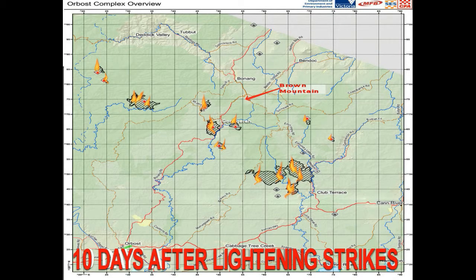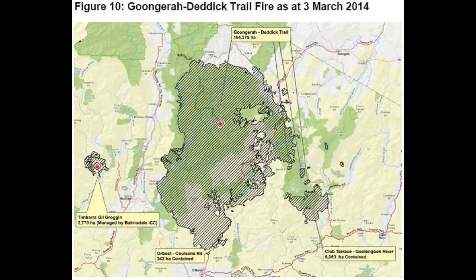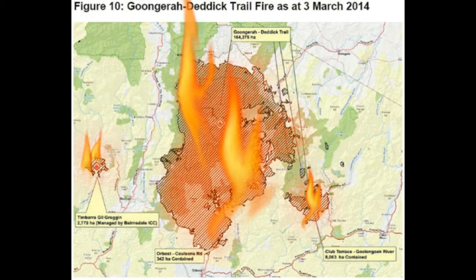We had the big one up at Dedic. They didn't jump on that. That was one they could have jumped on immediately. That's the one that got out of control, and they were sort of waiting for it to come out, which in the meantime it got bigger and bigger until February the 9th, when it was so big they couldn't do anything about it, and it just took out half of Tubbut,